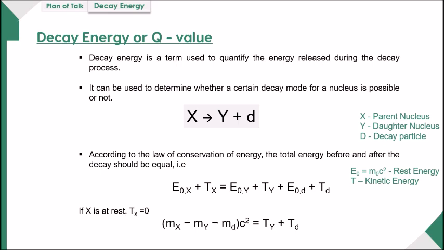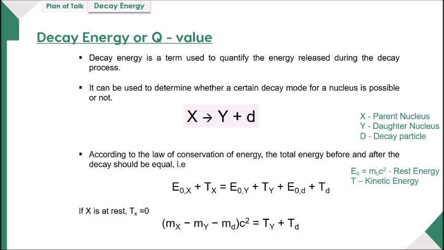So here I have given a generalized form. X is converting to Y plus D, where X is the parent nucleus, forming a daughter nucleus and a decay particle along with that. If we keep the energy on both sides, left and right, using the law of conservation of energy, the total energy before and after the decay should be equal. That means